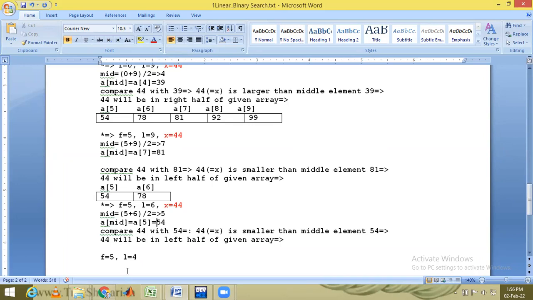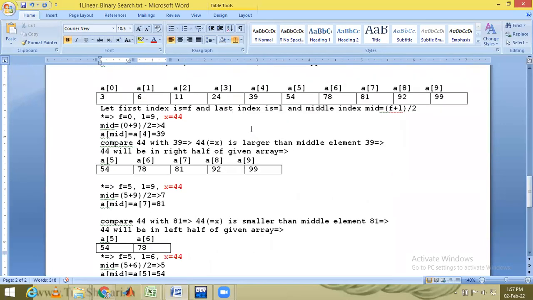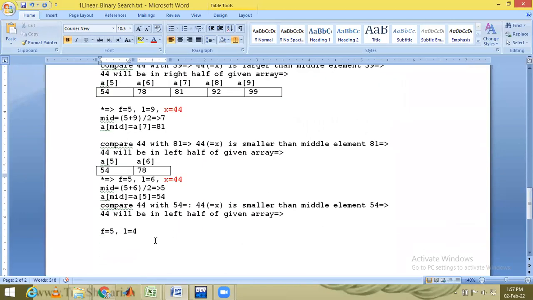जस्ट पिछले वाले इटरेशन से ही तो आगे बढ़ रहे हैं। जब हम 44 सर्च कर रहे हैं तो 44 हमारा 54 के लेफ्ट में पड़ना चाहिए। हमारे पास कुछ दिख नहीं रहा है, बट हम कैलकुलेट तो करेंगे ना कि F क्या है और L क्या है। और जब भी हम किसी एलिमेंट को सर्च करते हैं और वो लेफ्ट हाफ में आता है, तो उसके पहले जो इटरेशन हो चुका है उसके कंपैरिजन में अब क्या बदलता है? L बदलता है। ठीक, सो L बदल गया। L क्या हो गया? मिड माइनस 1, दैट इज 5 माइनस 1 एंड दैट इज 4।